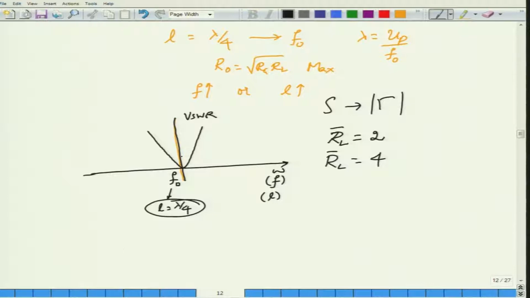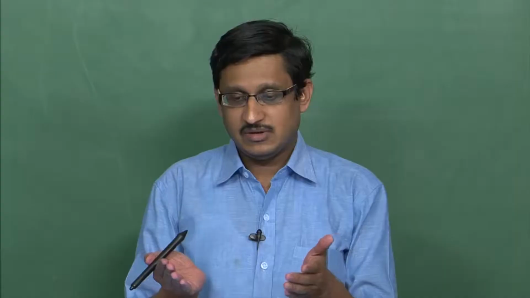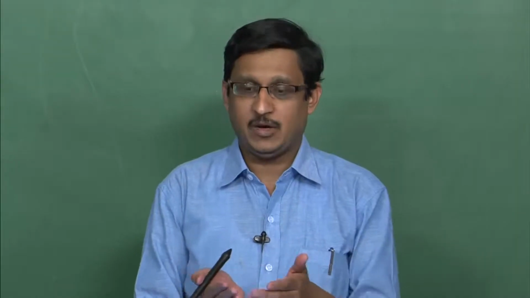So this case, which is the one that we have written, is for the case of 4, and for the case of 2:1 impedance matching ratio, this would be the scenario, okay. So this is for the case of RL bar equal to 2. So you can see that the larger the impedance mismatch that you are trying to match, the smaller will be the corresponding bandwidth. What is bandwidth?